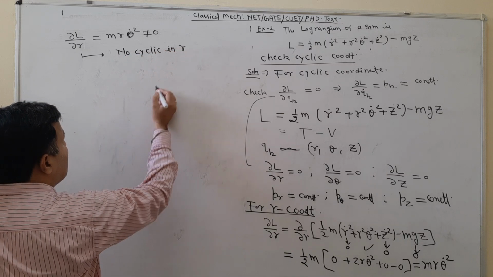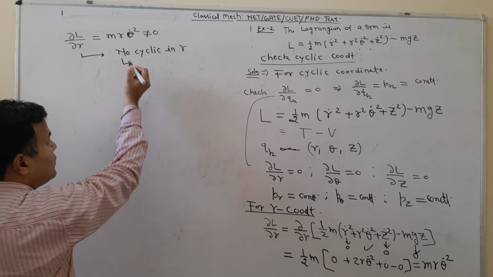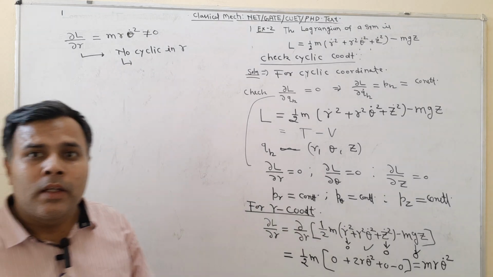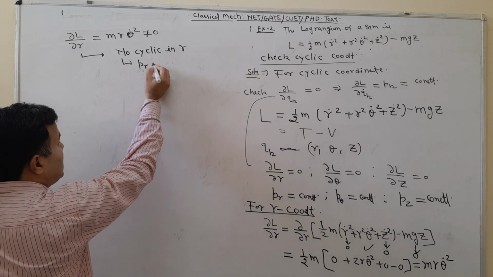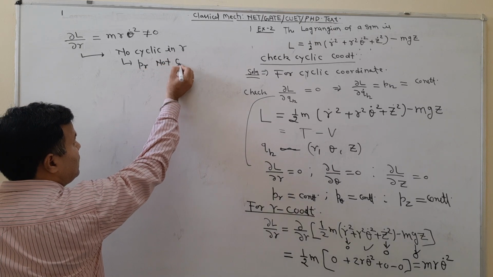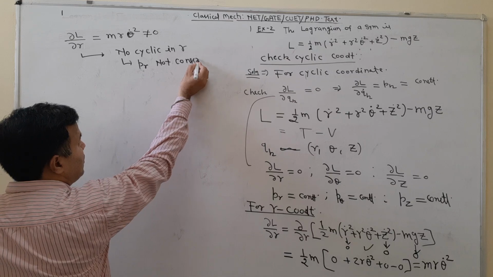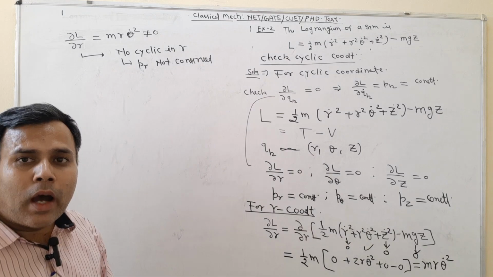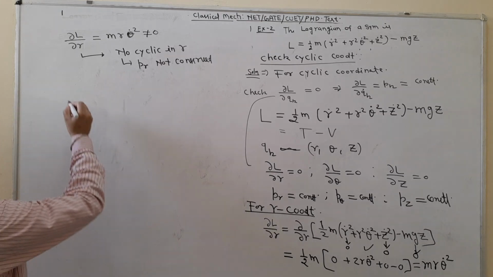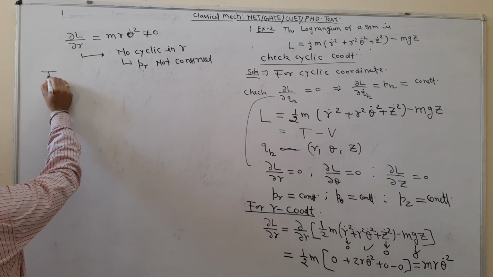If there is no cyclic coordinate in r, it means P_r is not conserved. There is no constant of motion corresponding to the r generalized coordinate. Now similarly for the theta coordinate,